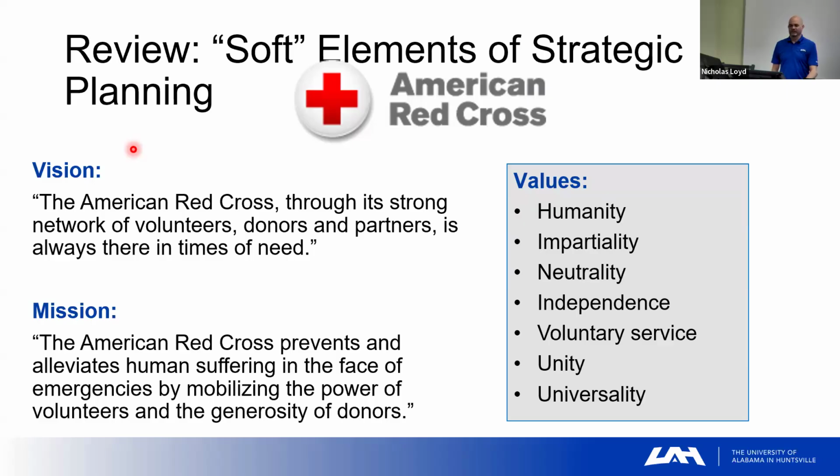So last week we looked at vision, mission, and value. This is just a quick review where we talked about as an organization, the vision is that 3 to 5 year horizon. What do I see in the future? What is the ideal? What would I like, within the confines of my organization, to be? And Russ Laraway calls it, he says it's what hill are we trying to climb? And then mission is more tactical. It's focused on the present, where the vision is here's what we want to be in the future. The mission is here's what we do today as an organization.